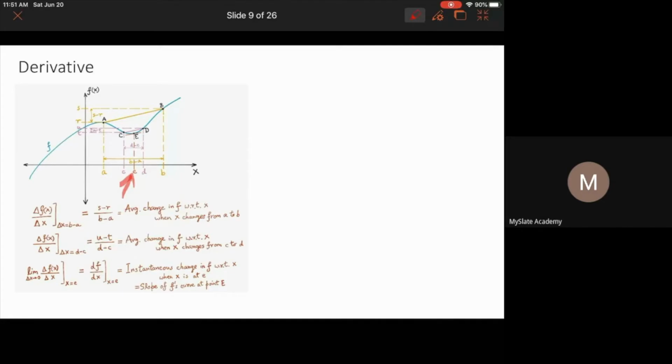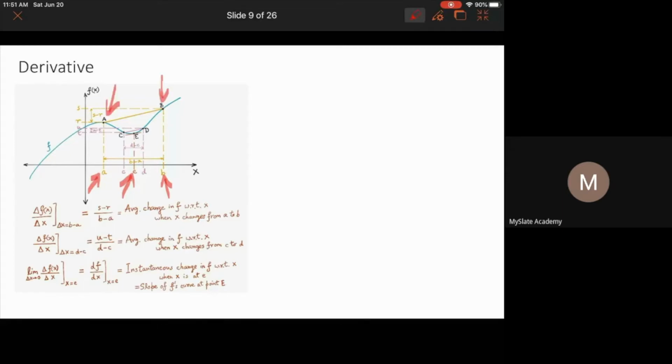So one crude way of doing that is that you take 2 points on either side of E. So let's say A and B, right? A and B, let us say, are equidistant from E on two different sides, left and right sides, and look at the value of f at those 2 points, right?